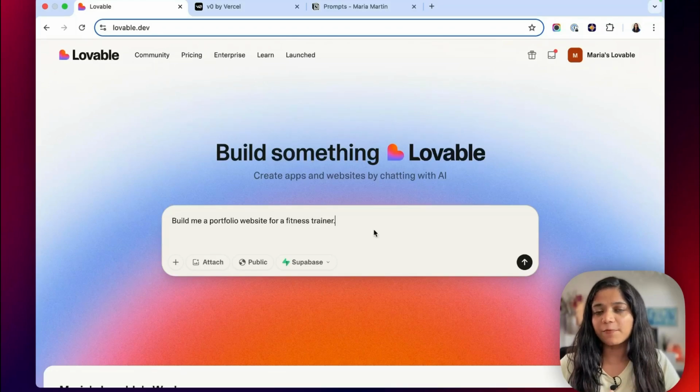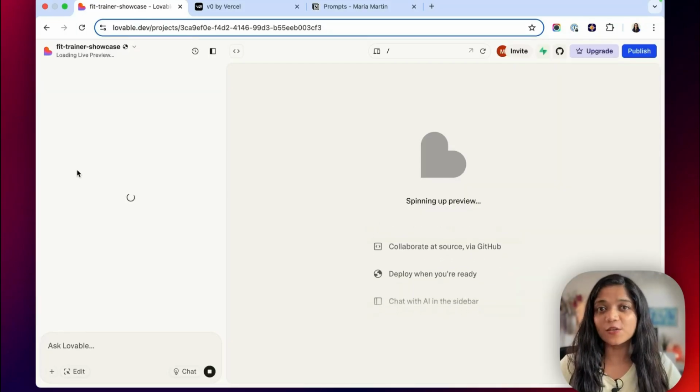Now observe how I have not given a lot more context, and so there is no specific information. So this is an example when you want to try for the first time, where you don't have to think a lot about this particular prompt. And I'll click on enter. As you can see, the tool has started working.